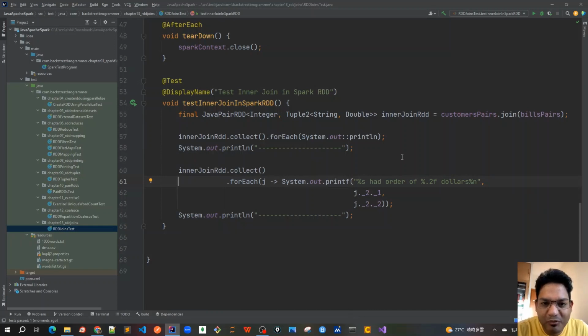So let me explain what I've done so far. First of all, we created these test cases. Here we are going to just call customerPairs.join. When we call this join, then the key would be taken. The final result is this inner join RDD, in which we have got the common key for both customer pairs